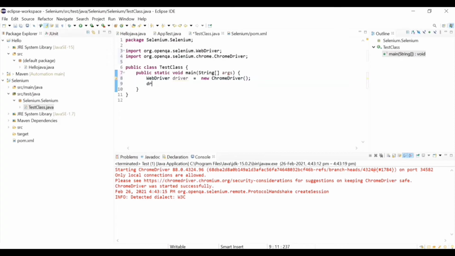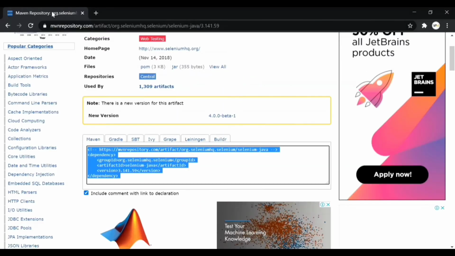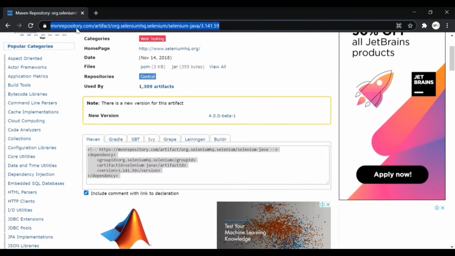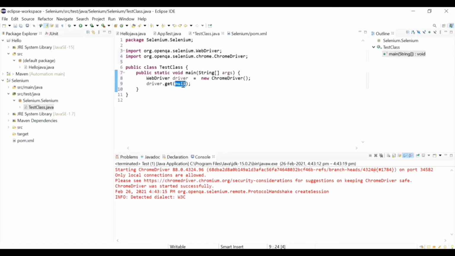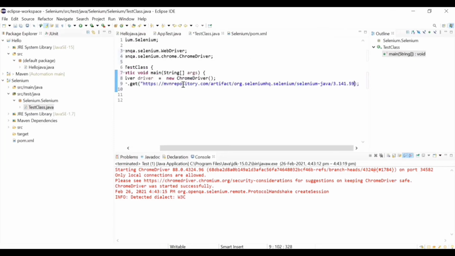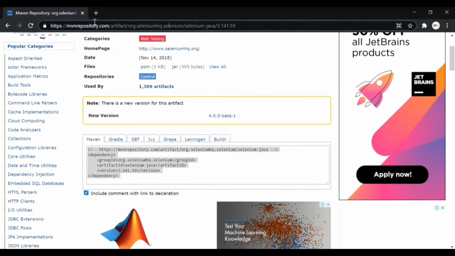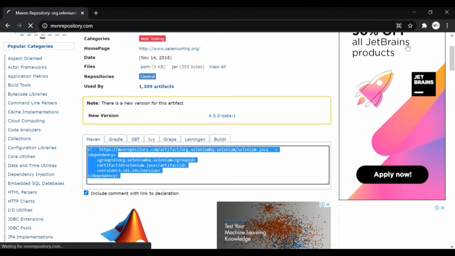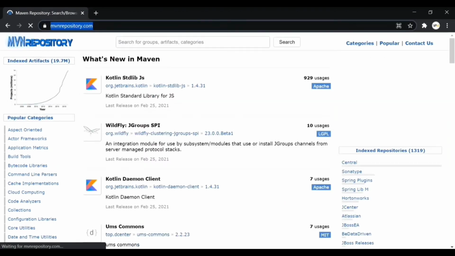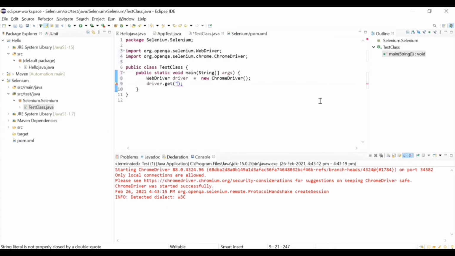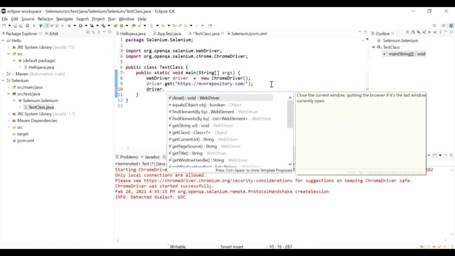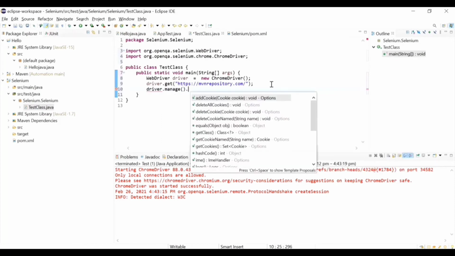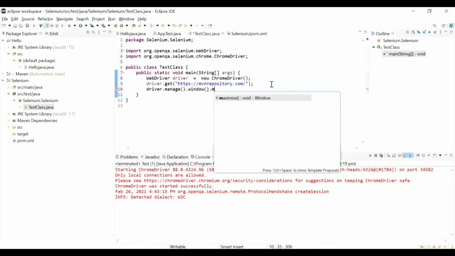So the Chrome driver will run the scripts in the Chrome browser, and we can hit the Maven repository URL itself using the driver.get method. We can open the mvnrepository.com URL. So driver.get will open this URL in the Chrome browser, and we can close the browser now.